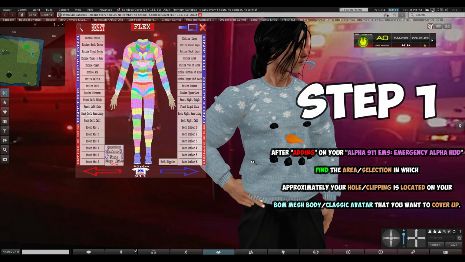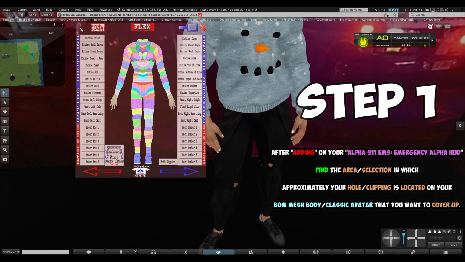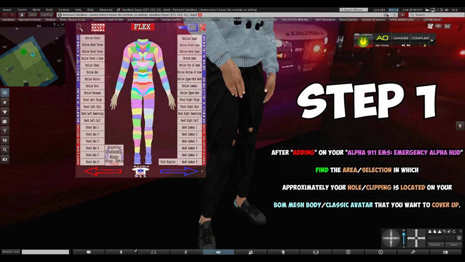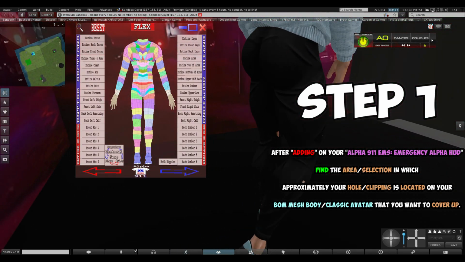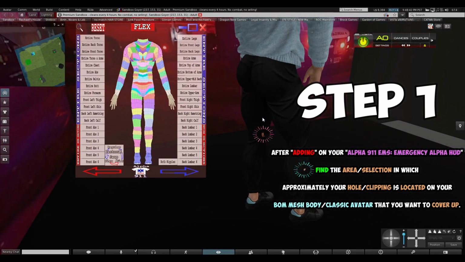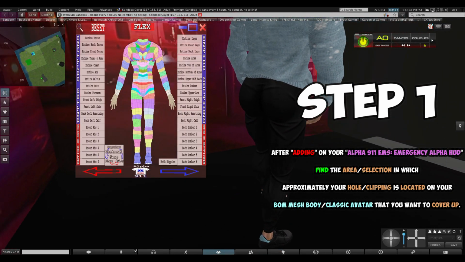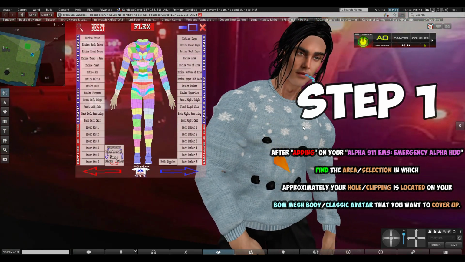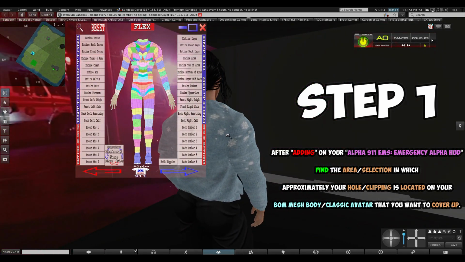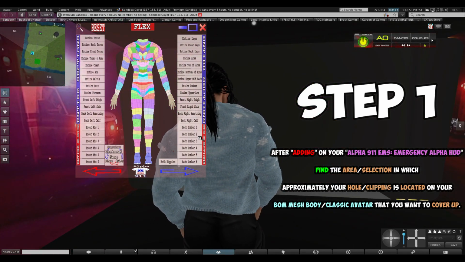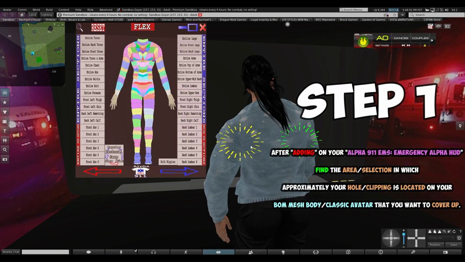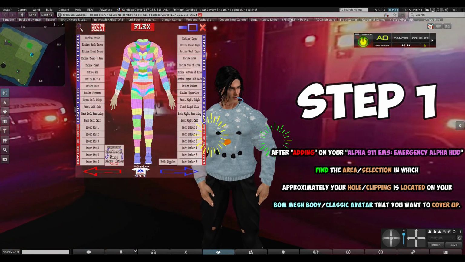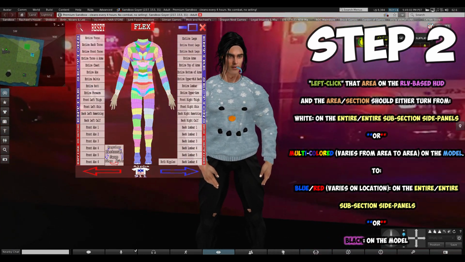As you see here, on our mesh avatar, on our Cario body, for me, on my pants, I have holes right here, and over here above the knees, and on the thighs. I've got some on the back hamstring, and on the lower calf right here. Also, I've got some on the left and right upper pectorals of the chest, and right here on the armpit and the shoulder blade areas on the left and right side. Also, I got a few of them on the upper arms. So take care of that.